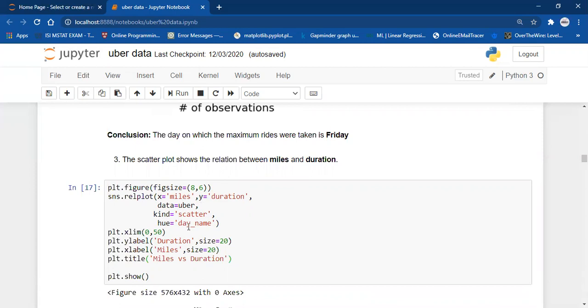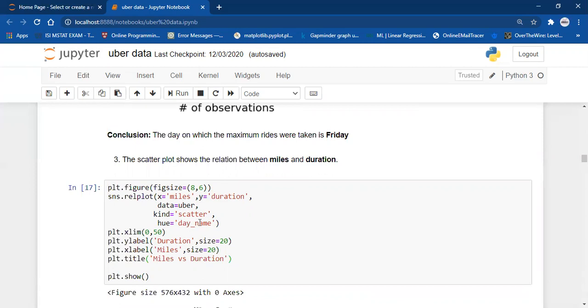What is hue exactly? Hue is the argument which you can pass a numerical column to as well, but hue colors the scatter plot according to the column you pass. So the best strategy for coloring a scatter plot is on the basis of your categorical variables.